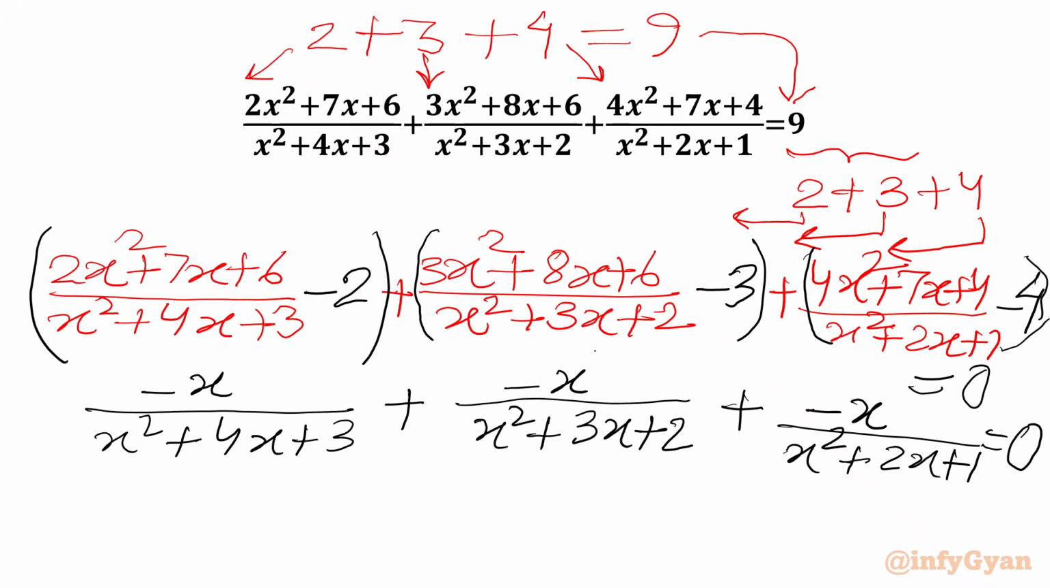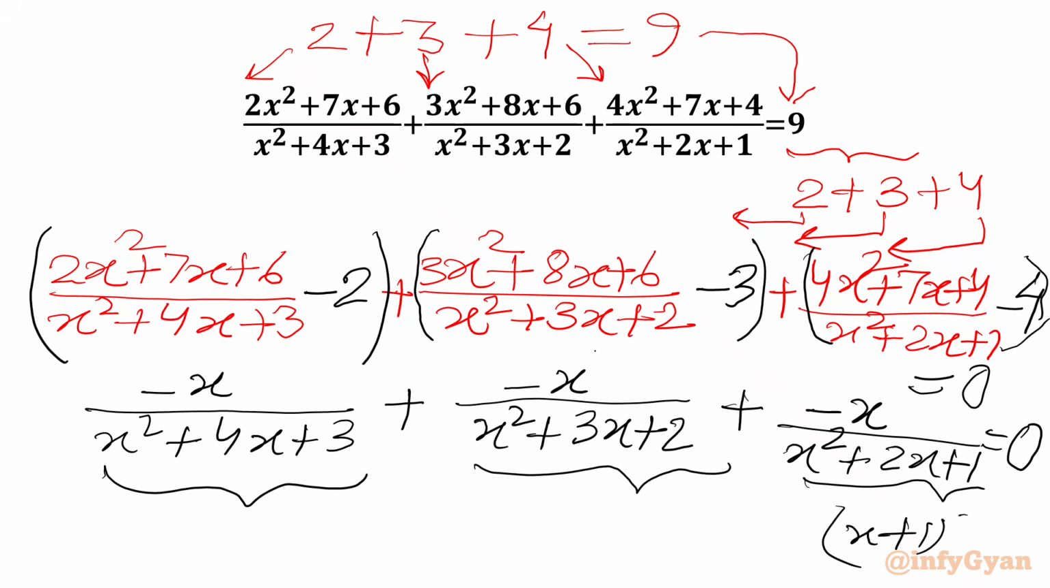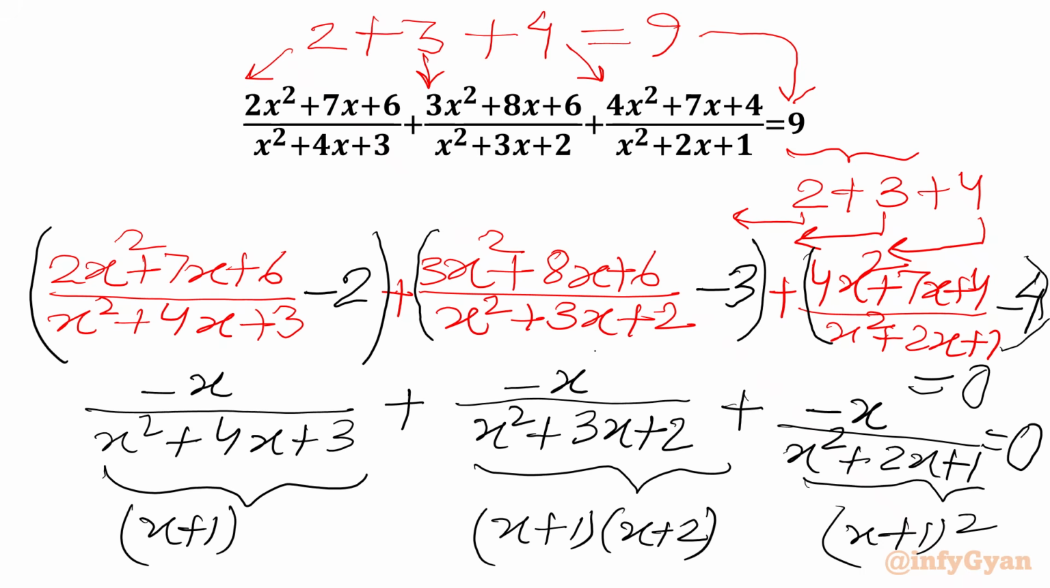Now we can take minus x common out and we can factorize the denominators also. So this is x plus 1 whole square, x square plus 2x plus 1. X square plus 3x plus 2 can be factored as x plus 1 times x plus 2. X square plus 4x plus 3 can be written as x plus 1 times x plus 3. So we'll take minus x common, and from the denominator we can take x plus 1 common. We will get minus x over x plus 1